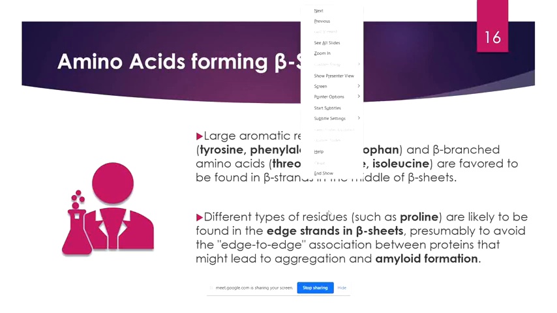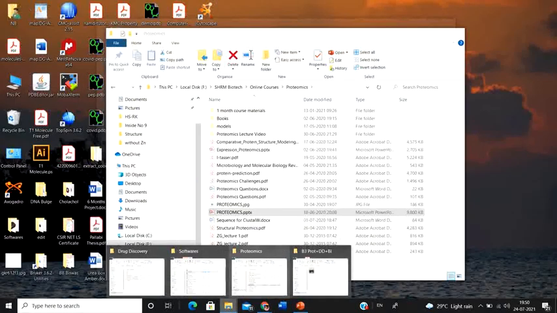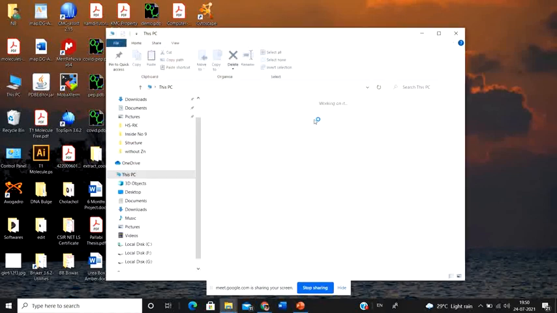What is intrachain hydrogen bond? Let me show you a particular protein structure, then it will be easier for you to understand. Let me show you the insulin structure only.